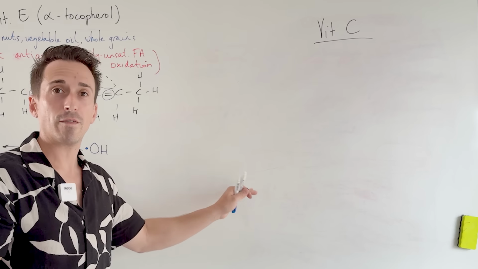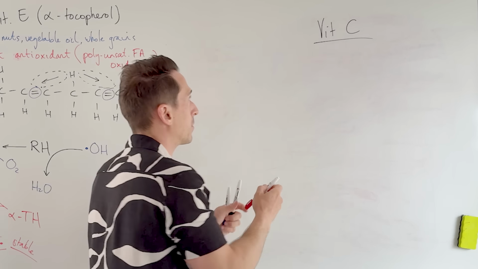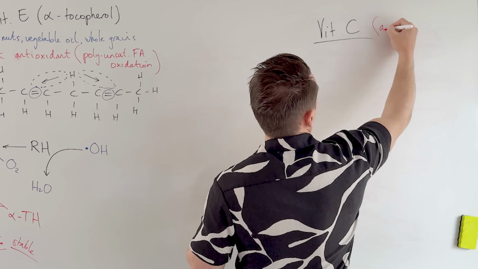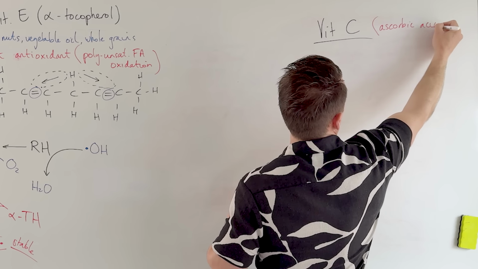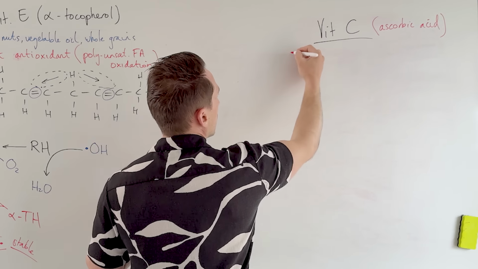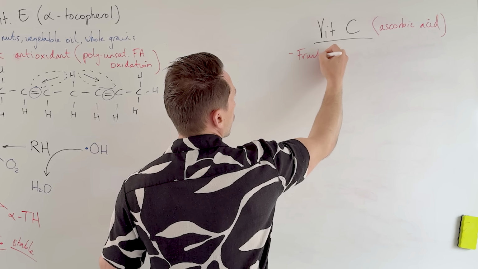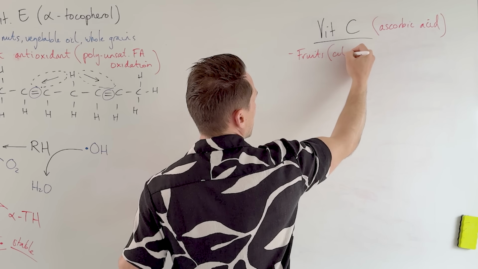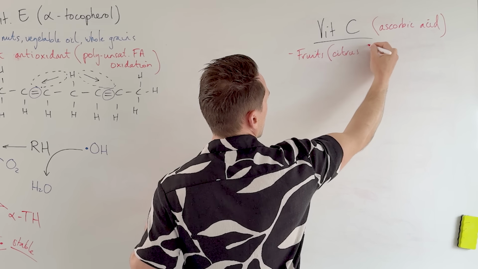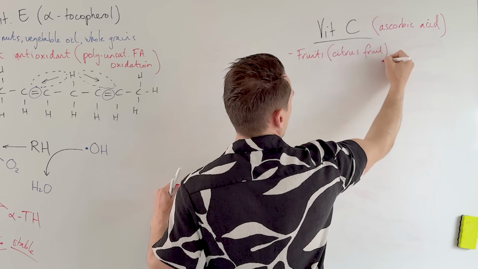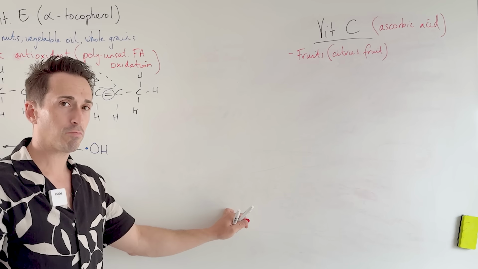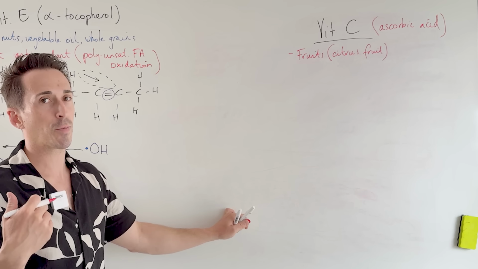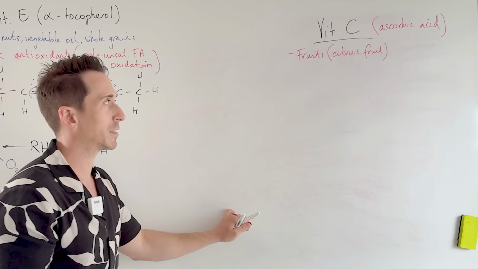First thing, where do we get vitamin C? Vitamin C has another name, ascorbic acid. It can be found in fruits predominantly, particularly citrus fruits, right? You've probably heard of scurvy before, which can happen if you don't have enough vitamin C. It damages the collagen, so obviously a function of vitamin C is appropriate collagen synthesis. That's part of connective tissue.